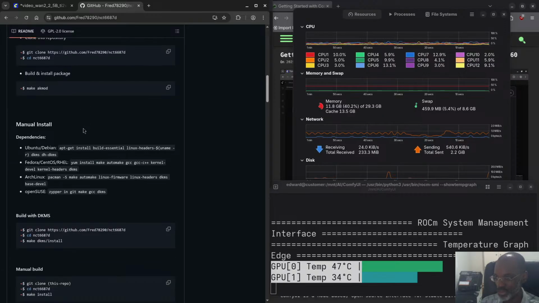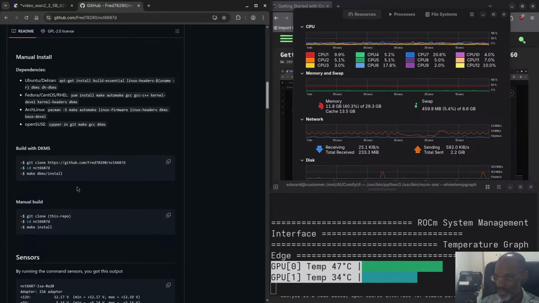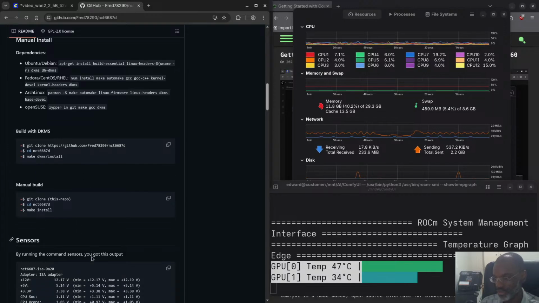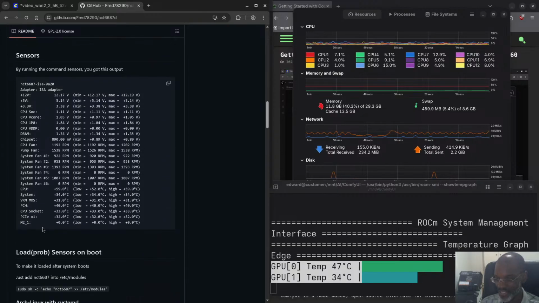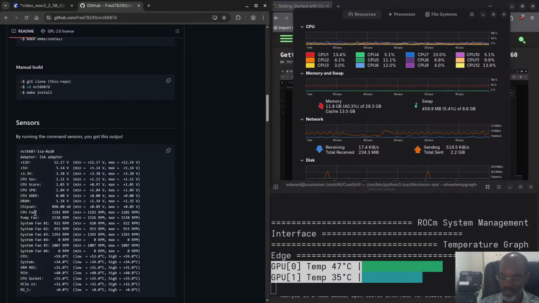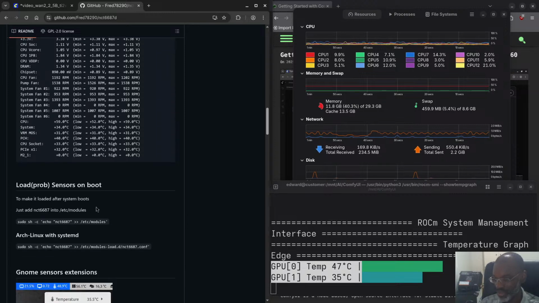I'm going to install it using DKMS, and I'll do it using the make install. So I think this is probably because this was working, but I'm curious. So this is what I recommend you guys do. And then you'll be able to enable it, and we can actually